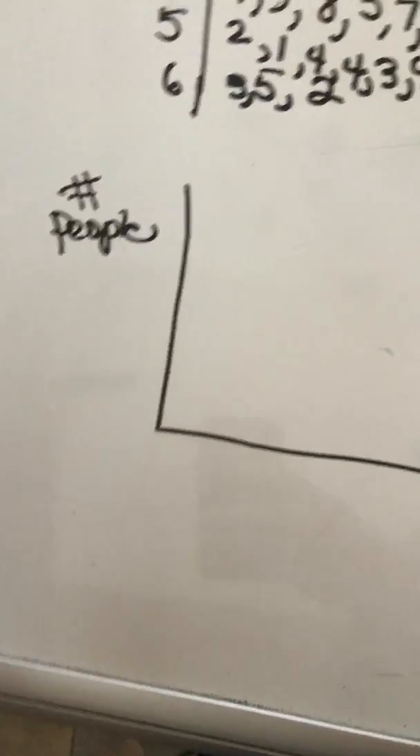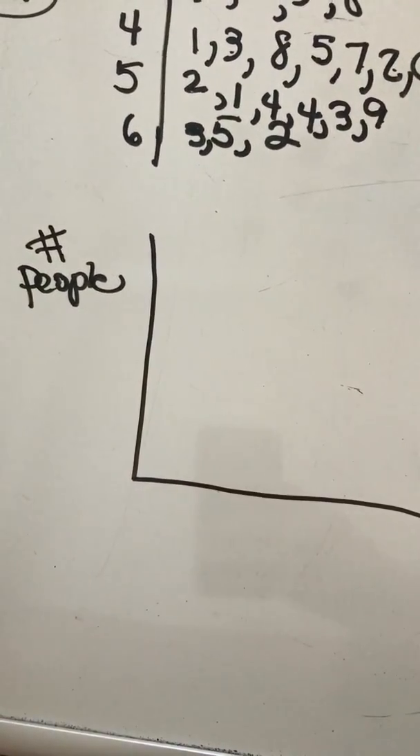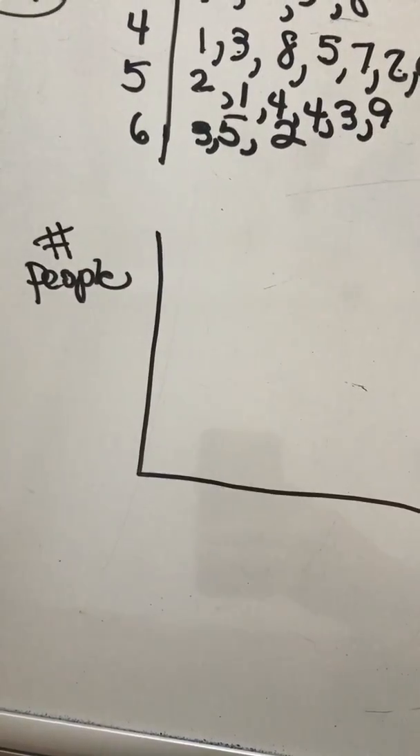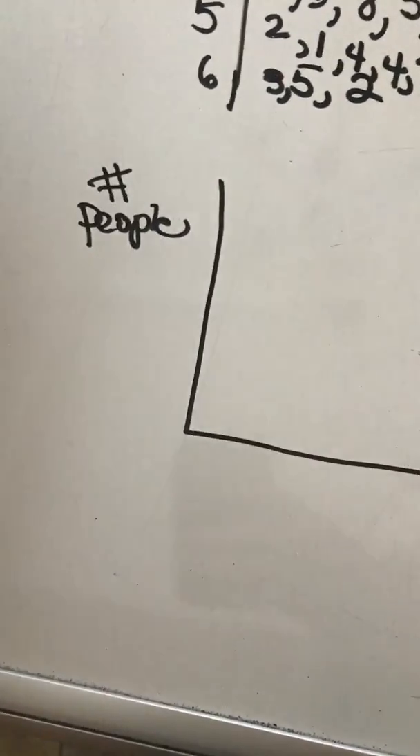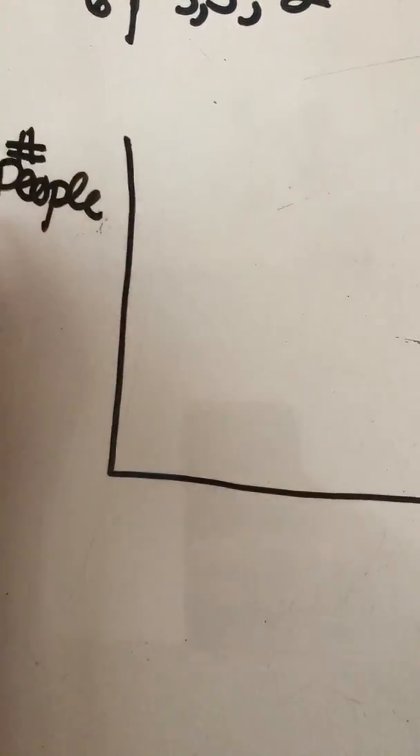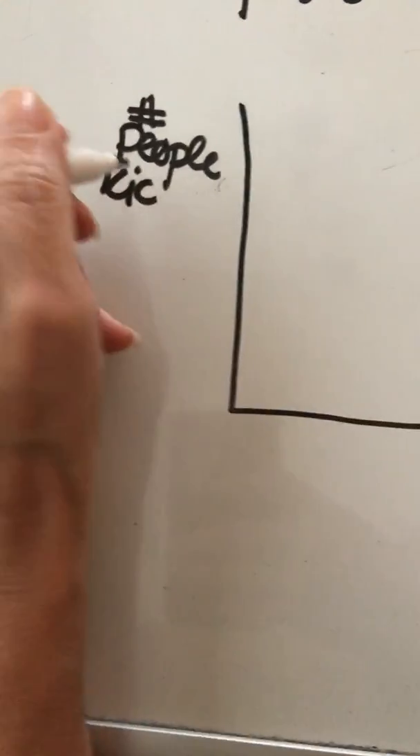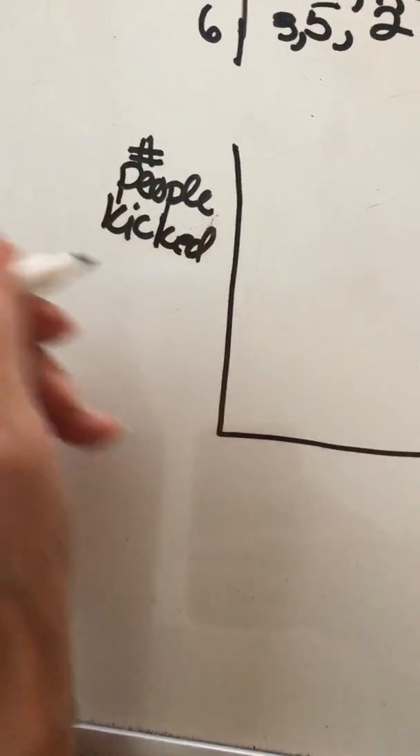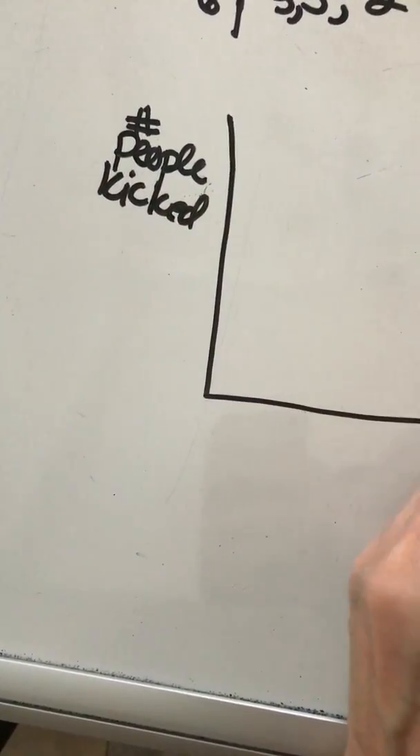The distance, no, this is actually the distances the ball was kicked. So it's not the number of people. This is the distance. How many, well, it is the number of people. Number of people that kicked it that distance. Number of people that kicked, sorry, I can't keep it, kicked it this distance. And here is the distance